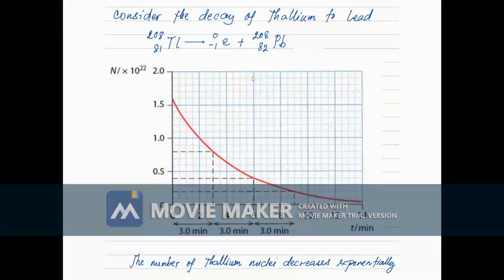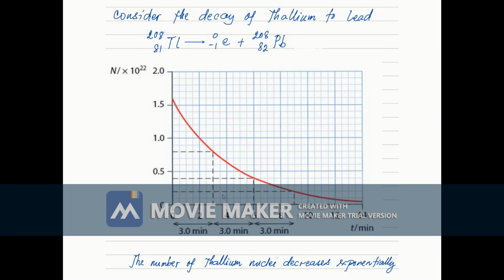Here's an example of decay of thallium 208 to lead 208. As you can see, it is followed by the beta minus decay. So looking at the graph, we can find the initial number of nuclei. You can do it by yourself. And we can see that every 3 minutes,